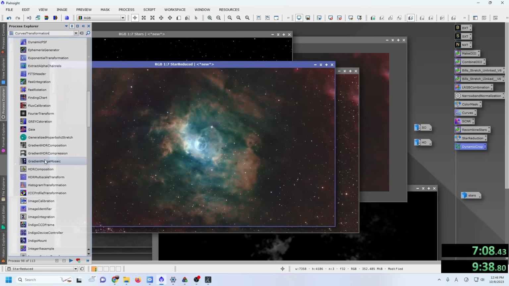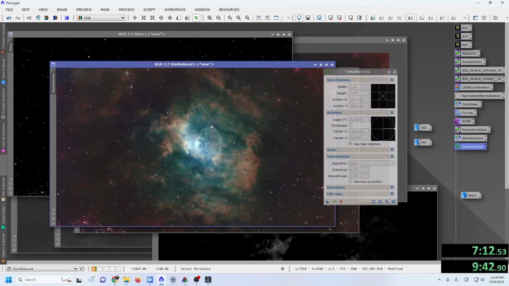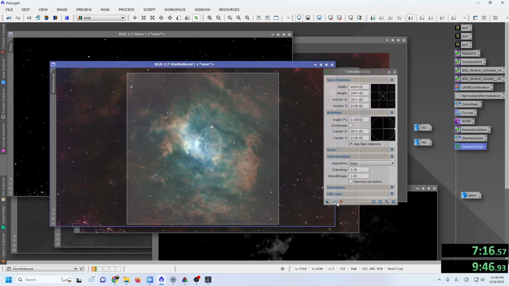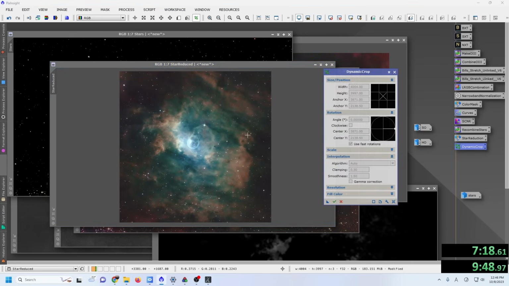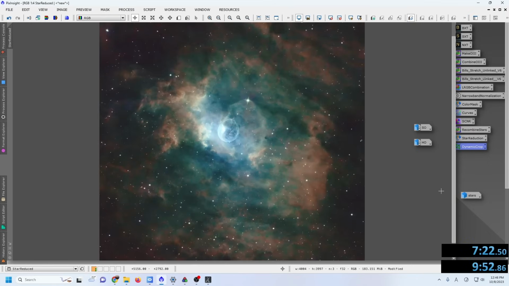We're losing time here. I feel like I should have called this as the final image, but whatever. Let's do the dynamic crop. Here we go. We're basically centering on the Bubble Nebula itself. This is probably just losing time for us, but I believe this should be our final image, and the